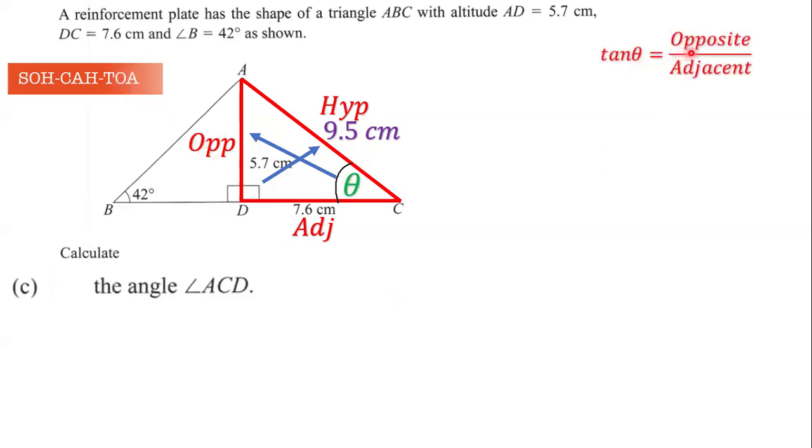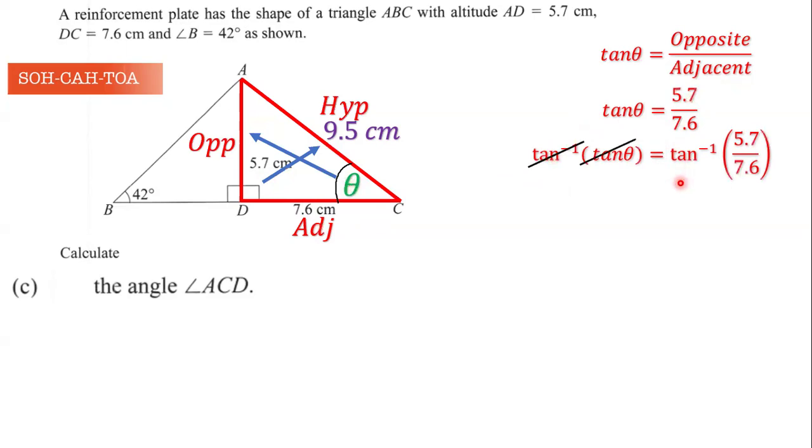Tan of theta is equal to opposite over adjacent, where the opposite is 5.7 and the adjacent is 7.6, as you can see on the diagram. Next, we're going to take the tan inverse of both sides. We can cancel out the tan inverse along with the tan, and we are left with theta is equal to tan inverse of 5.7 over 7.6. So we take tan inverse of this division, and when we do that, we get theta is equal to